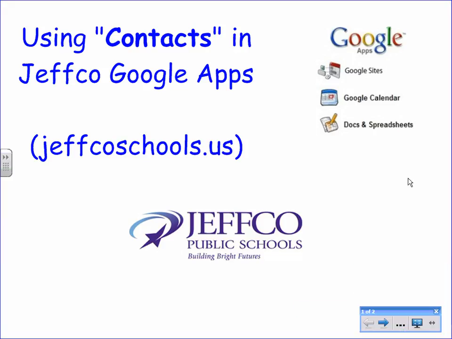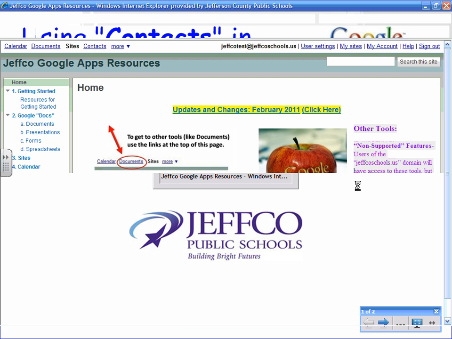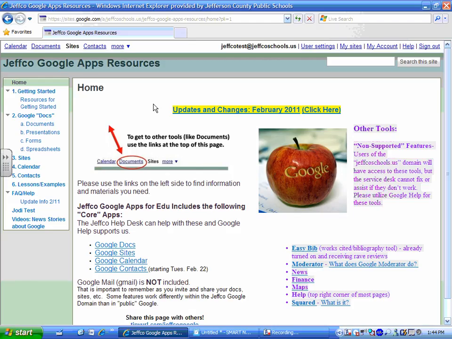All right, this is going to be a quick screencast of how to use contacts in Jeffco Google Apps. When you first log in, you may be coming in off Employee Connections or maybe a link on your school webpage, but you should be able to get to this Jeffco Google Apps resource. Either way, one or another, you're going to get to Documents. So I'm clicking in the top left corner, going into my Documents,